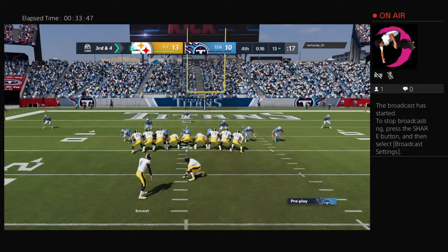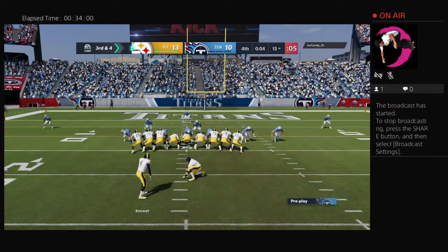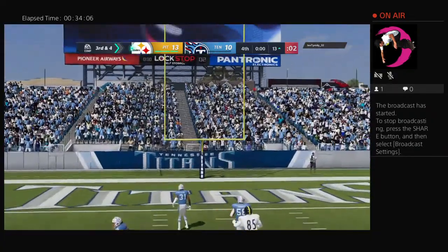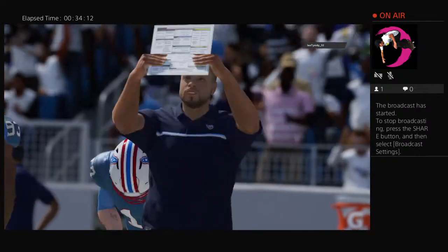30-yard attempt. And the kick is good. So you wonder how this one might be remembered the next time these two teams meet. But until then...